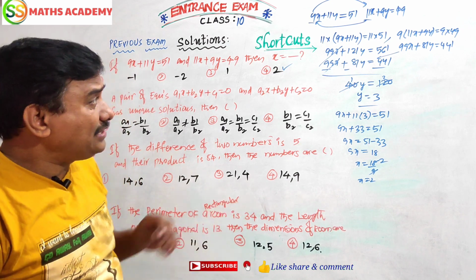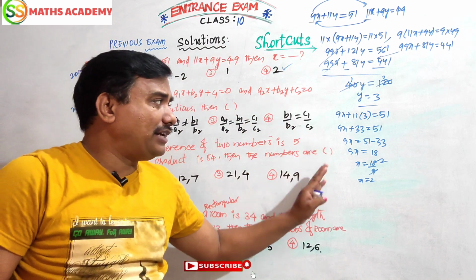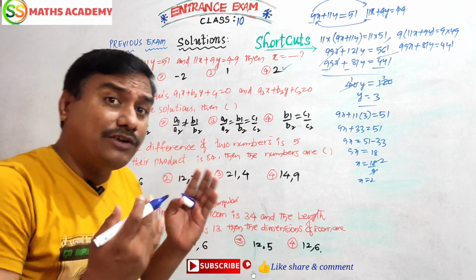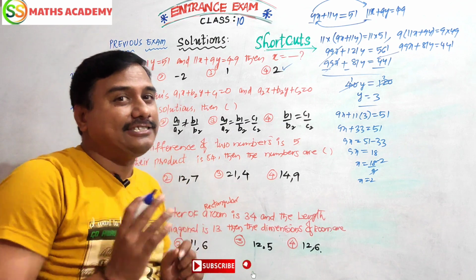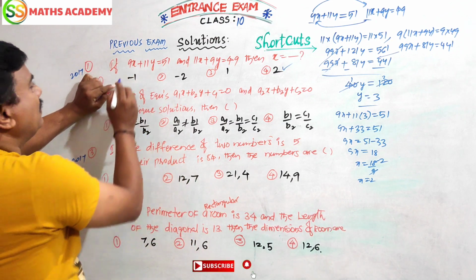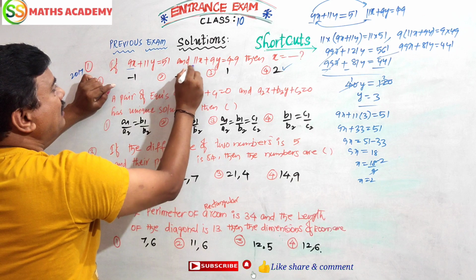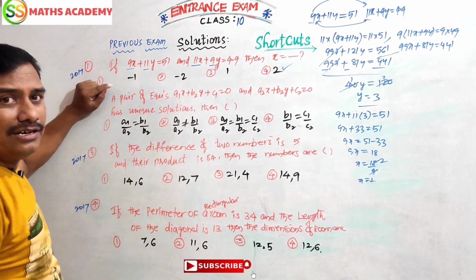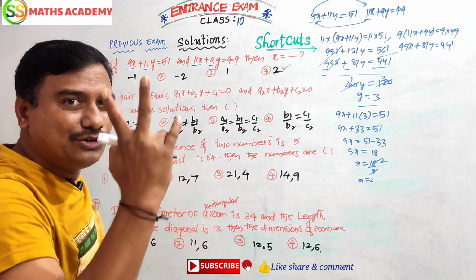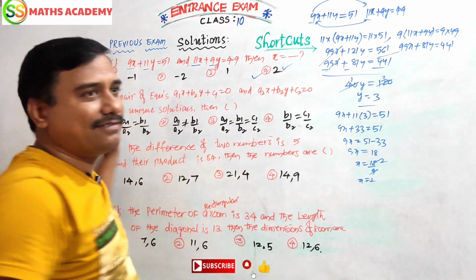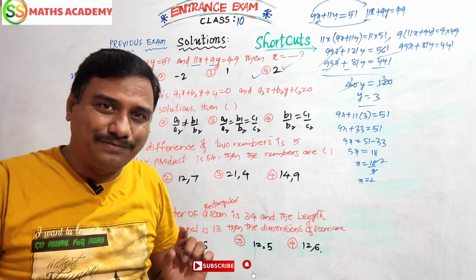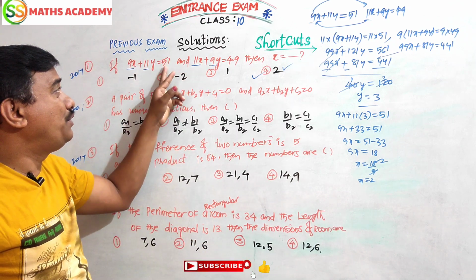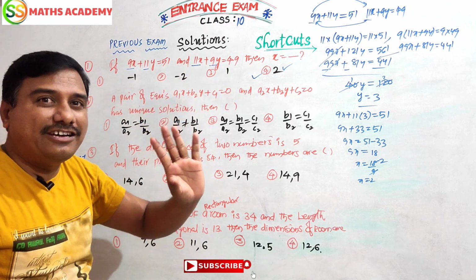Am I right? Friends, actually this process takes minimum 1 or 2 minutes. But in what way can we do this by shortcut? Let us see this shortcut. Here 9, here 11. Here 11, here 9. What is the difference between them? 2. That is the answer. Finish. That is the x value. Here the difference of 9x to 11x is 2, 11y to 9y is 2, 51 to 49 is 2.